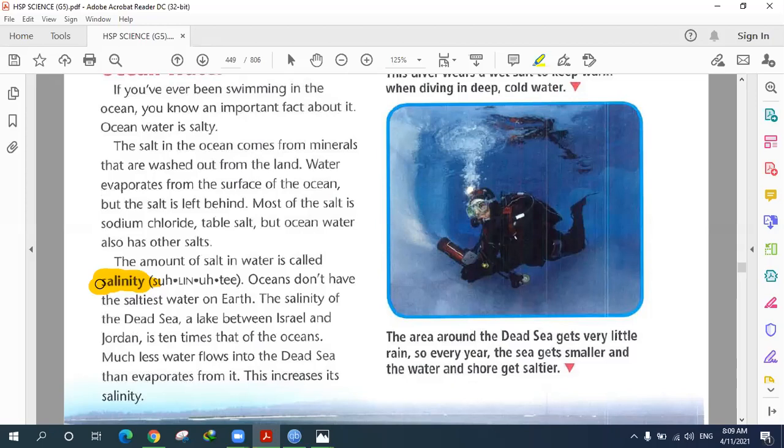We have, for example, the Dead Sea. Do you guys know the Dead Sea? We call it the Dead Sea because it's so salty. It has such a high amount of salt that we actually do not consider it a sea anymore. When people ask what is the saltiest sea in the whole world, people will say, "Oh, it's the Dead Sea." But because the Dead Sea is so salty and no organisms can live in it because its salinity is so high, we actually have the Red Sea in Egypt.